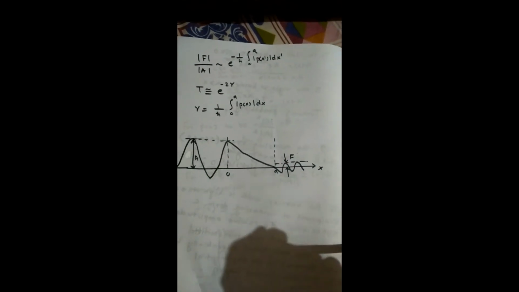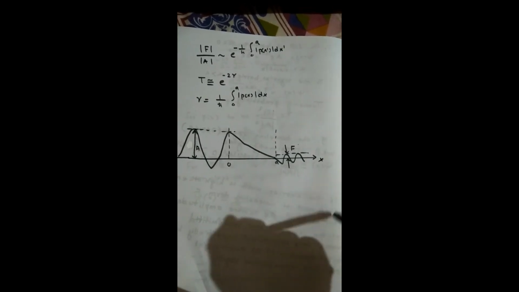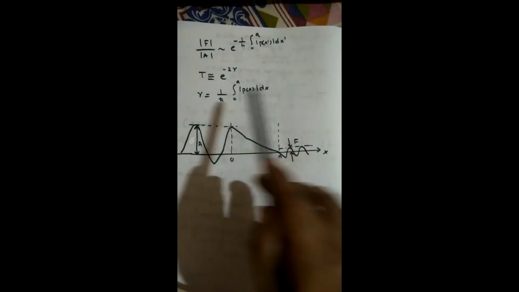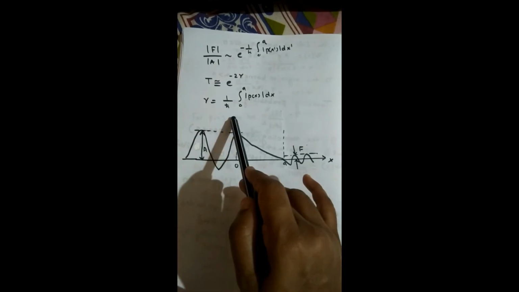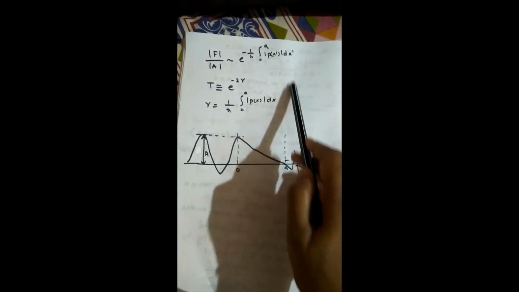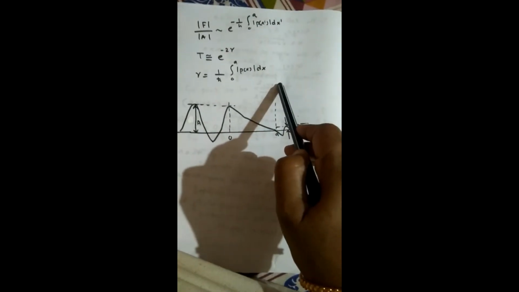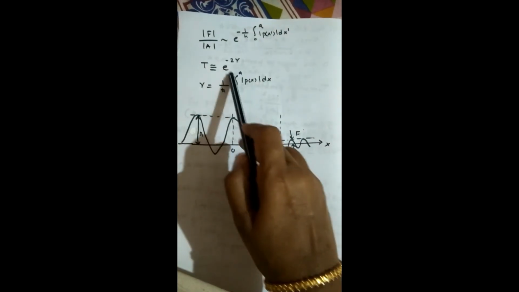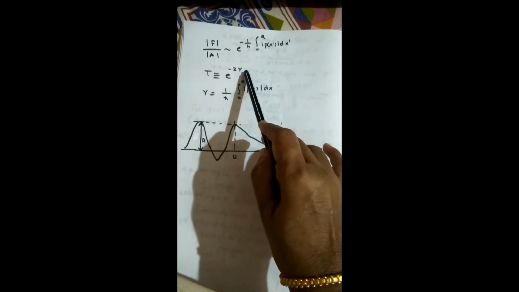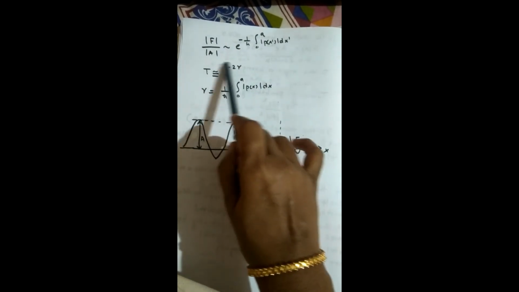In spite of the fact that we have a positive and negative term, the positive term coefficient should be very close to 0, because if the barrier width is very high, then the barrier term will exponentially decrease when it encounters the barrier. So the final expression for T will be e raised to minus 2 gamma, where gamma is 1 by h bar integral from 0 to a of P(x) dx. Actually, we have shortened it because we already know the transmission probability in the case of a square barrier. There you get the same term because it is F mod squared, so there will be a twice term. That term comes here. This we are not doing because we have already done it and we get this result.